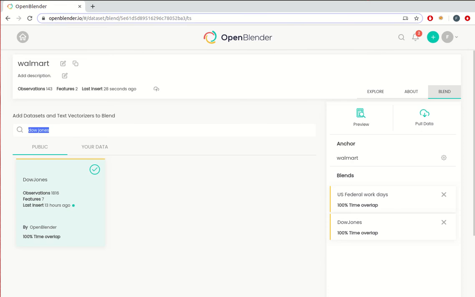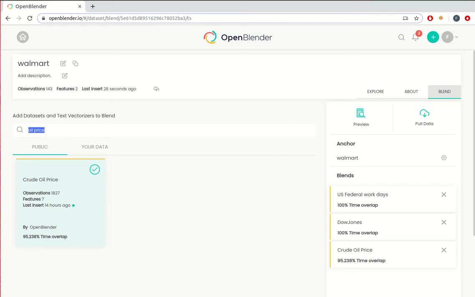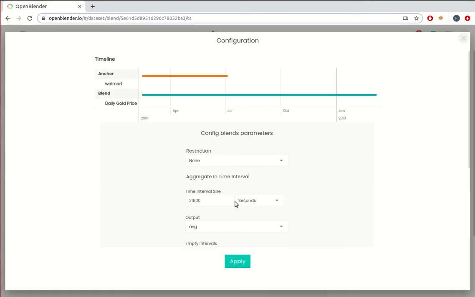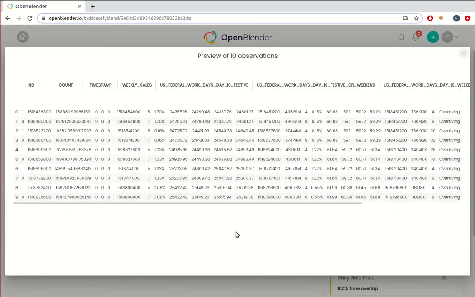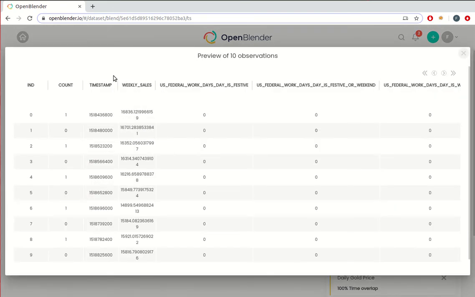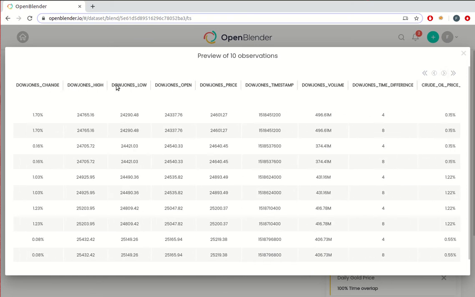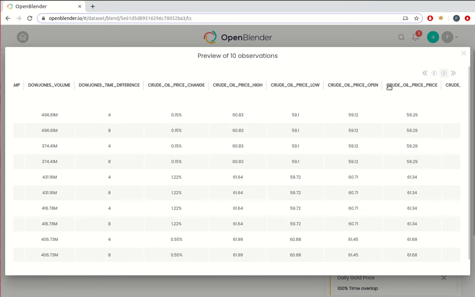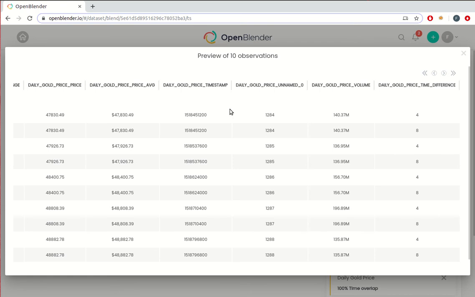So now we have both datasets blended. Let's find the oil price, crude oil price. This is a dataset of a daily oil price, and let's just find the gold price. Great, so now let's apply that. If we look at the preview, we have a very enhanced dataset with our original data and a lot of new features: the Dow Jones change, high, low, open, or the crude oil price or gold price over here. So we have the same dataset but with a lot of new columns